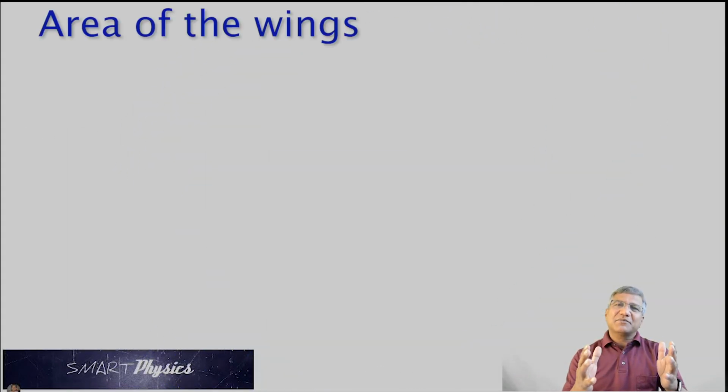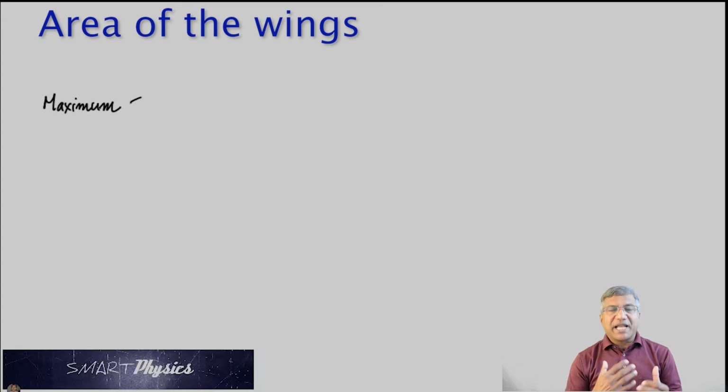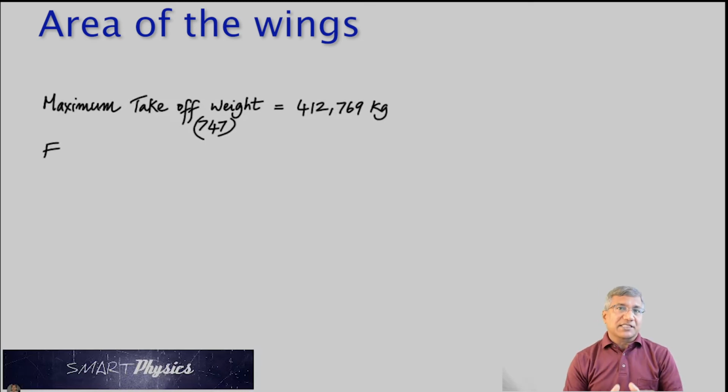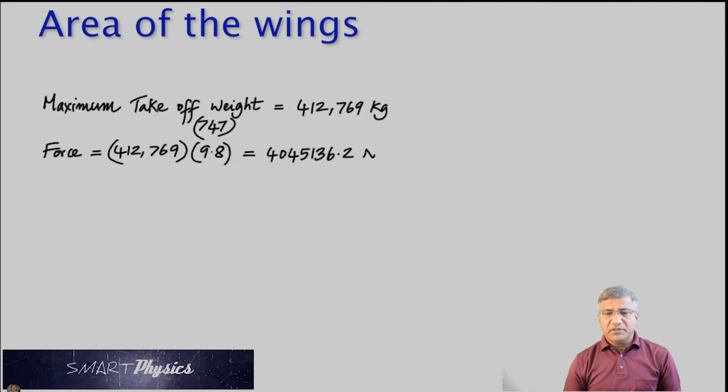Next, here are some real practical numbers to do with the Boeing 747. We're going to work with the maximum weight at takeoff for a Boeing 747. It's 412,769 kilogram. That's the mass. Now, to get the maximum weight, you got to multiply this with 9.8, which gives this big number,